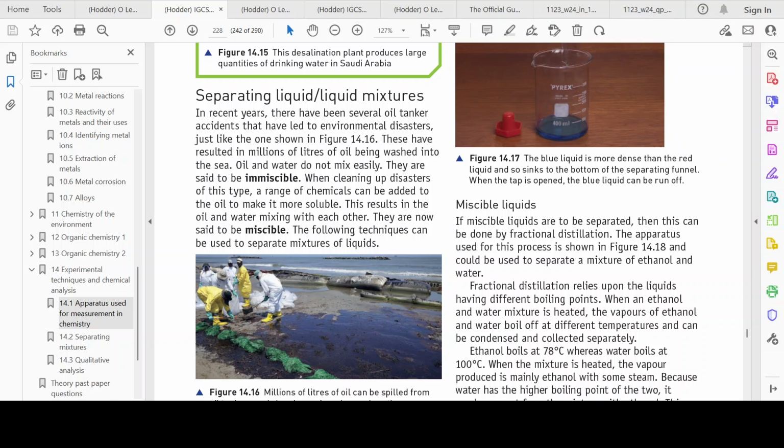So in recent years, there have been several oil tanker accidents that have led to environmental disasters, just like the one shown in the picture below. These have resulted in millions of liters of oil being washed into the sea. Oil and water do not mix easily. They're said to be immiscible, right? So immiscible is the term used when you've got two liquids, and despite being liquids, they do not mix together,